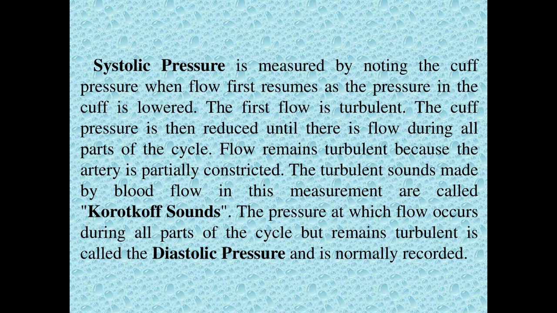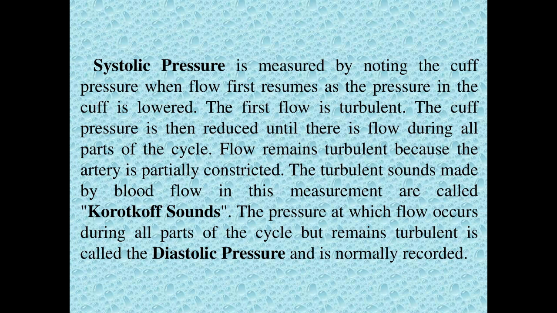Systolic pressure is measured by noting the cuff pressure when flow first resumes as the pressure in the cuff is lowered. The first flow is turbulent. The cuff pressure is then reduced until there is flow during all parts of the cycle. Flow remains turbulent because the artery is partially constricted. The turbulent sounds made by blood flow in this measurement are called Korotkoff sounds. The pressure at which flow occurs during all parts of the cycle but remains turbulent is called the diastolic pressure